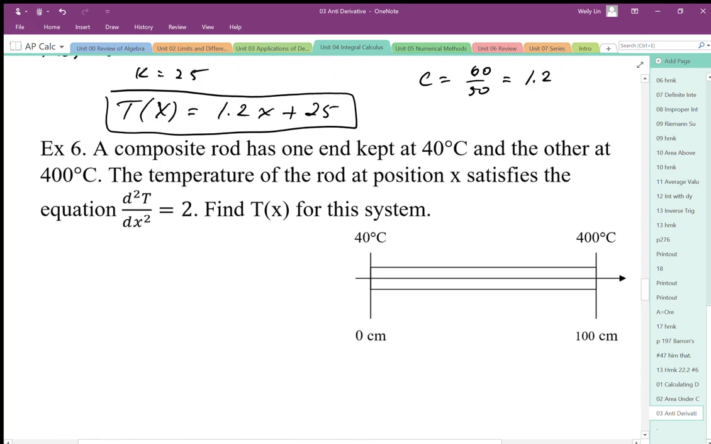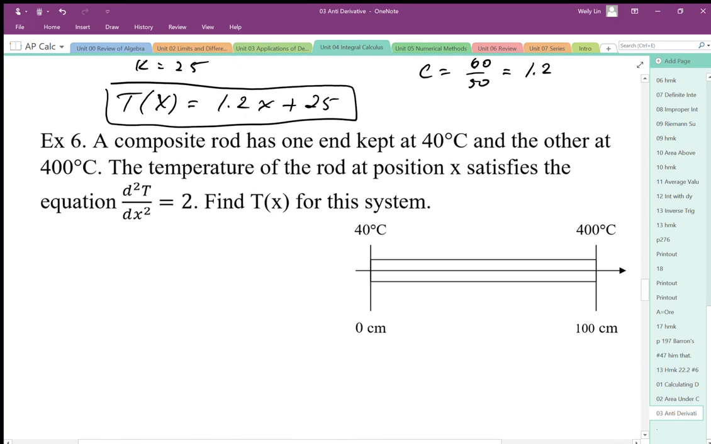So we can adjust this problem and say that, well, this is a composite, and now the temperature does not change linearly. It changes differently depending on where you are on here. So the closer you are, it changes very little, I think, and the further you get, I think it changes quite quickly. The temperature